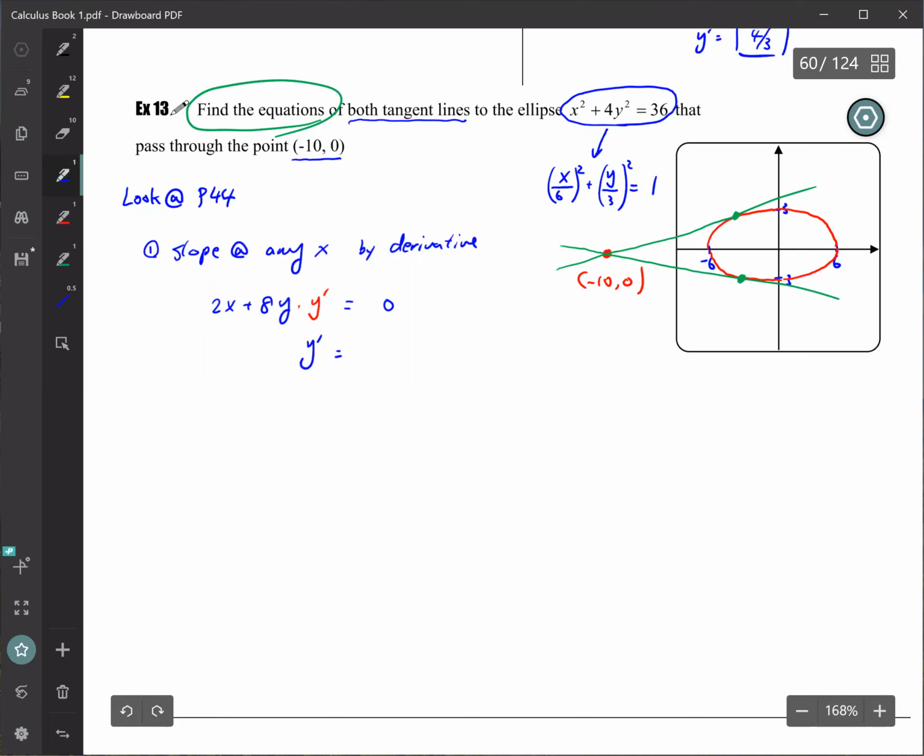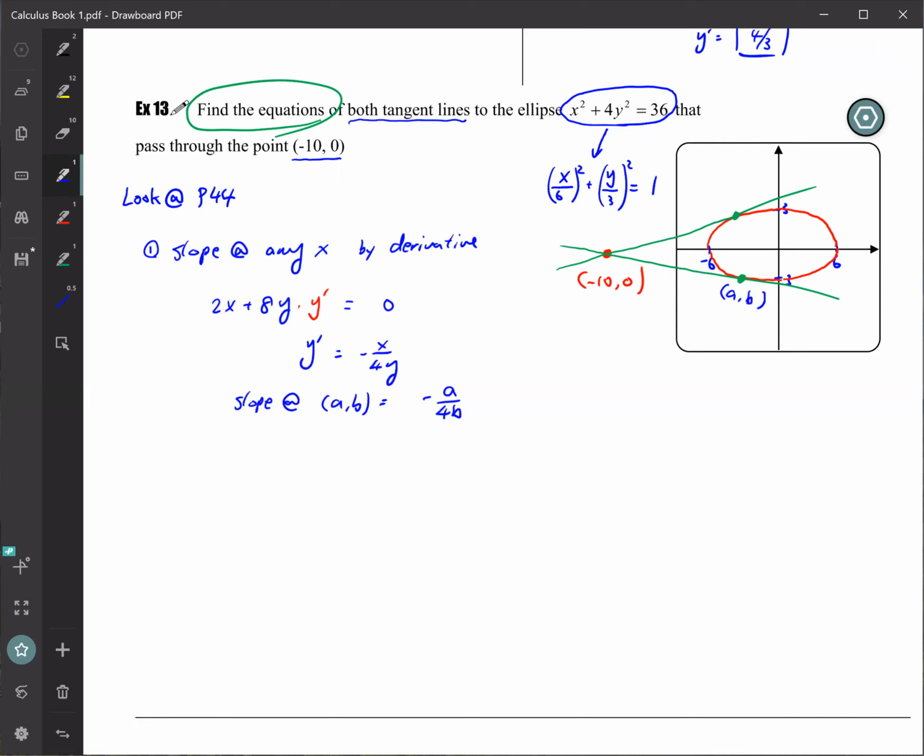So isolate the y prime, then that will be negative x over 4y. And we forgot one thing, right? We should begin by letting the tangent point be (a, b), right? So therefore, the slope at (a, b) will be negative a over 4b, right? Based on the formula that we found. Okay, so step 2 is also find the slope